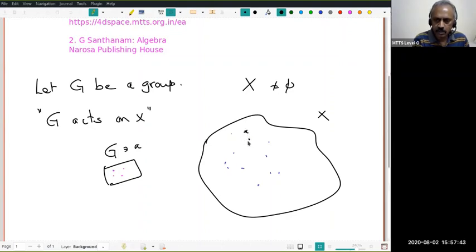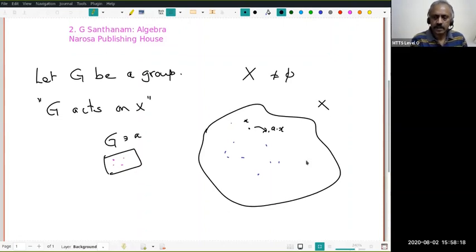He kicks the ball. The ball then moves to some place, and this position is what I call A dot x. This is just a notation. Do not understand A is an element of the group, x is an element of a set. G and X may not even be anything, so A dot x may not make sense. So it is just a notation. When A kicks x, it goes to another point in the field, that is called A dot x. You understand?